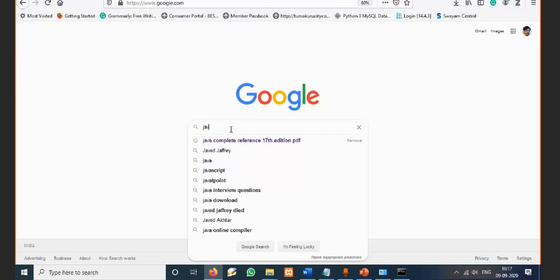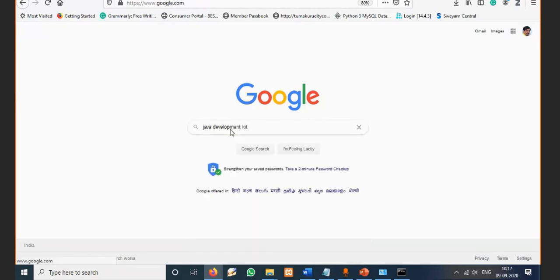So you see Java development kit. Okay, it will go to the different versions. See Java SE. Okay, there are different versions. You can use any version, or some other path we also have. Okay, just go to this download.